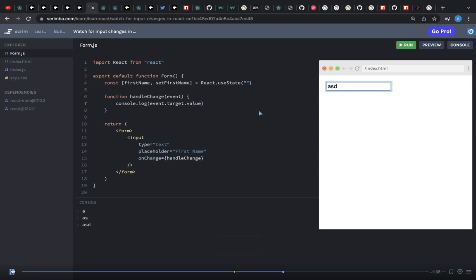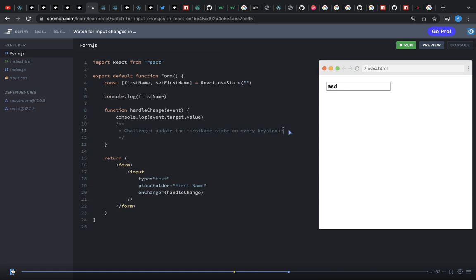So let me set up a quick challenge for you. Your challenge is to update the first name state on every keystroke. I've set everything else up for you. You should be able to complete this challenge fairly quickly. I've added this console log here. What this will do is every time